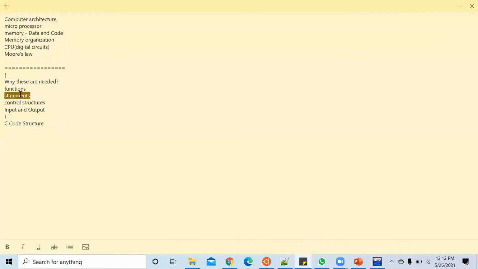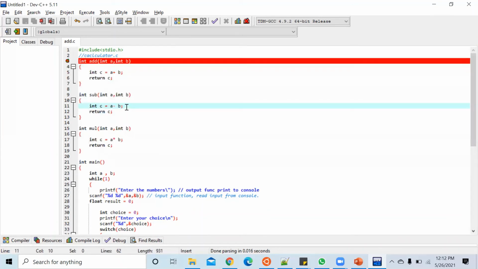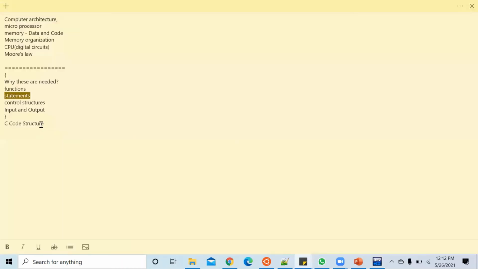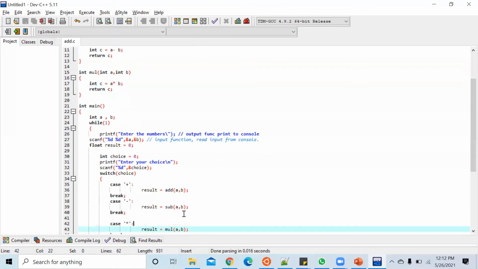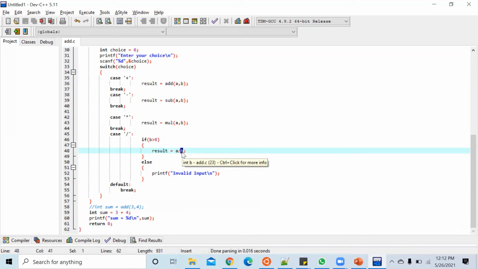Statements means whatever you see here is called as a statement. Every statement ends with semicolon. These are statements. Control structures: I gave an example of avoiding a divide by 0 situation. When we are implementing a calculator, if we simply write A divided by B, if B is 0, it results in the code crash.